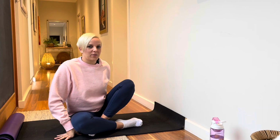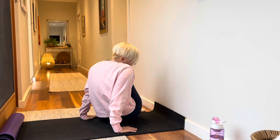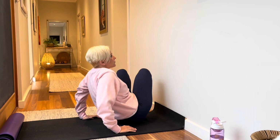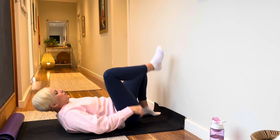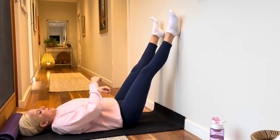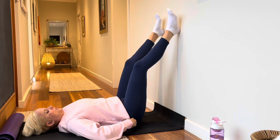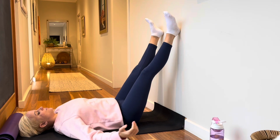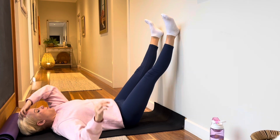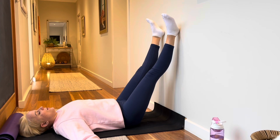Okay, so to get started, finding yourself comfortably up against a wall. If you have a yoga mat, rest your mat up against the wall, or if you have a carpet or just a surface that's comfortable to lie on. And wriggle your hips maybe 30 centimeters away from the wall. Give a bit of space between your hips and the wall, resting your feet up the wall, and adjust your hips around as much as you need to get comfortable. And if you want to come in closer, come in closer. If you want to lie further back, you can. I tend to like being about 30 centimeters away from the wall. That's a good space. And what we're going to do just to get started is close our eyes,